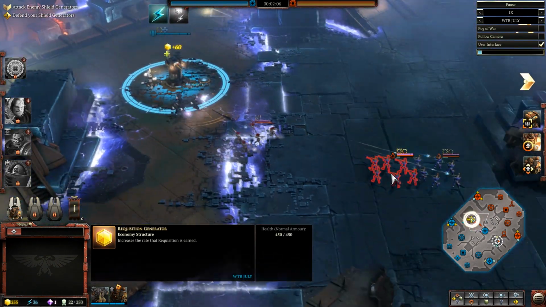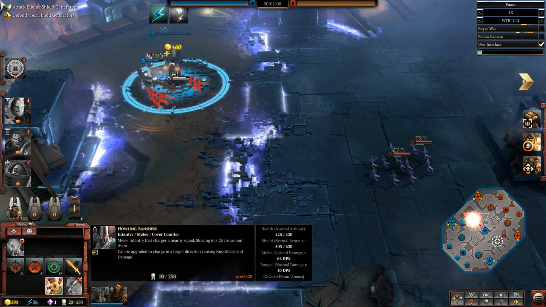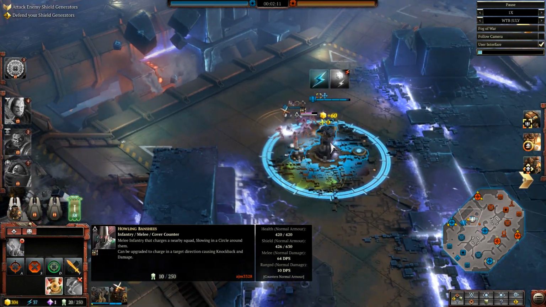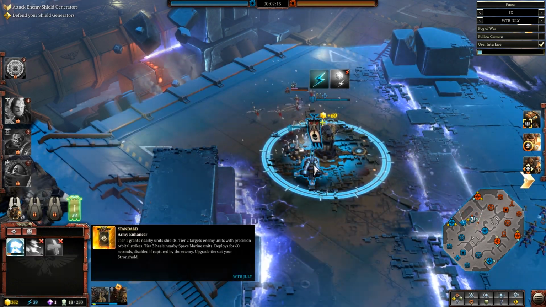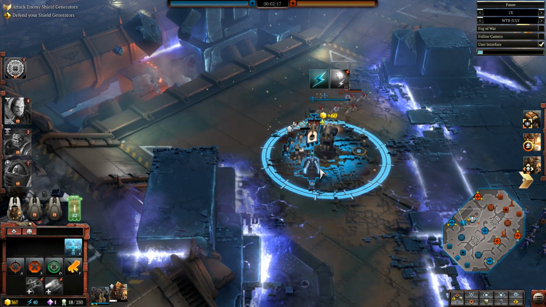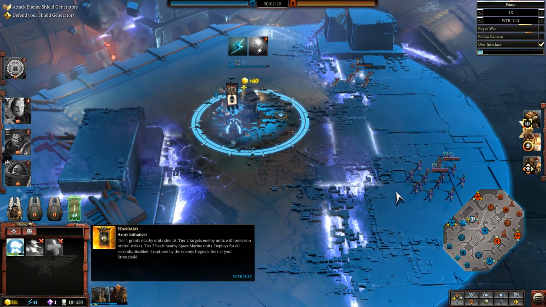My opponent, going with a very aggressive timing push, has 2 groups of Dire Avengers and 1 group of the Howling Banshees. So I essentially just fall back to my listening post. Unfortunately, my tactical marines are getting pulled into melee, but I do drop my chapter banner, which gives them shields, if I'm not mistaken. It also knocks back these Howling Banshees, and it actually wards off his attack, which is